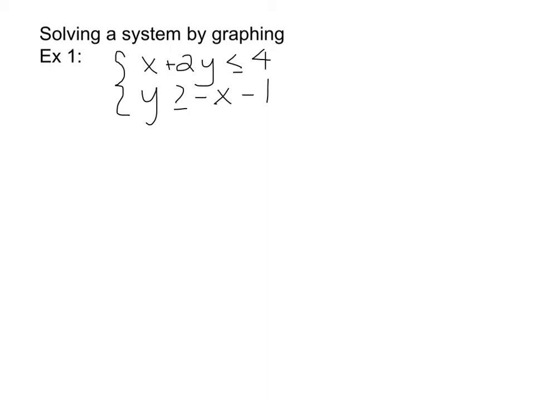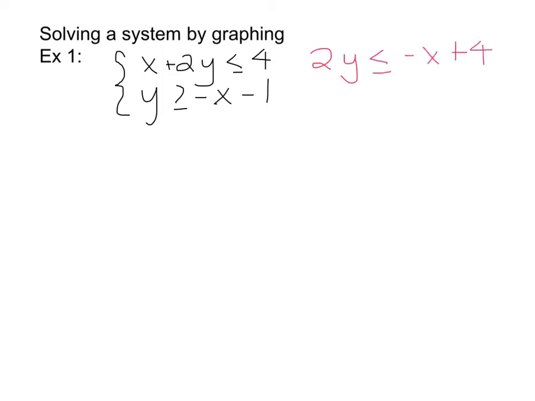You know how to graph lines, you know how to graph absolute value functions. So you need to ask yourself in example 1, are these lines, are they absolute values, are they one of both? So if you notice, they are linear. There's no absolute value bars, so you need to put both of them into slope-intercept form so that we can graph our line. So I am going to subtract x to the other side,